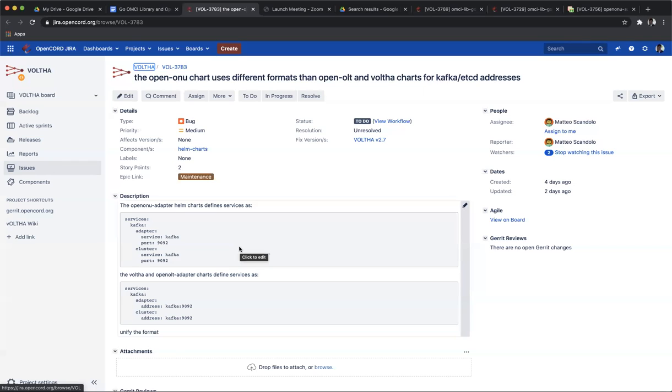Yeah. The separation of service and port was something that was done initially and changed later on. So the newer format is Kafka:service:port. Do we have other? I don't say. Because we have Kafka, is there any reason we need to separate address out? I mean, could it just be Kafka adapter and Kafka cluster and put the values there as opposed to address?